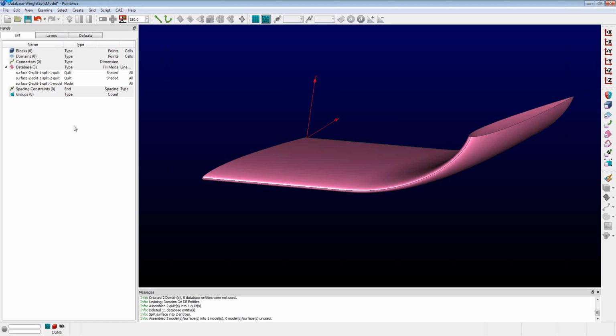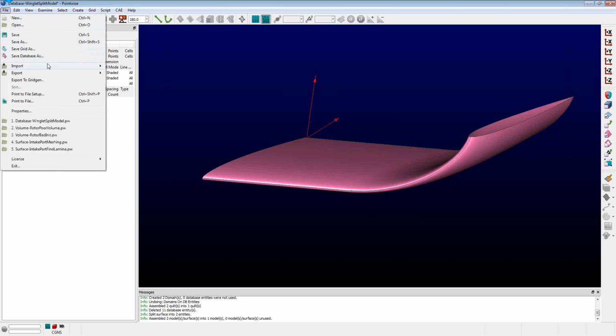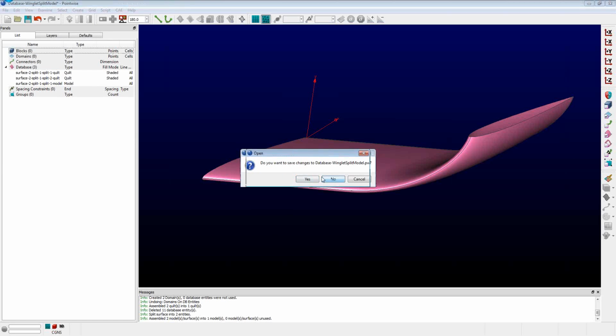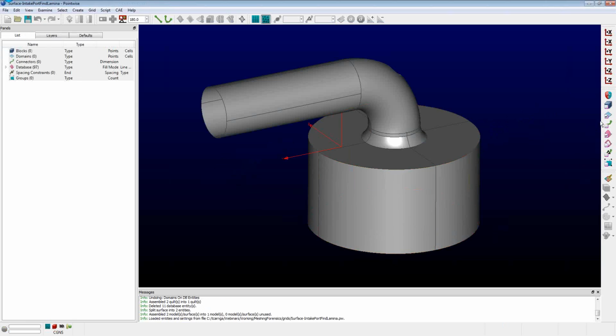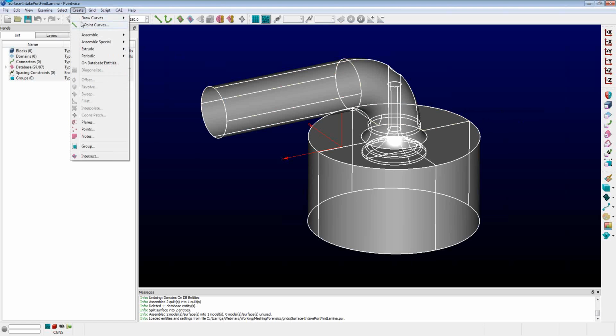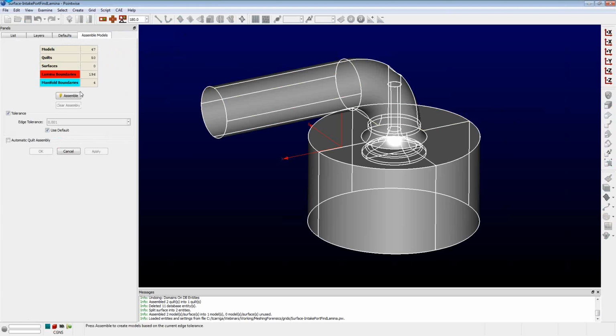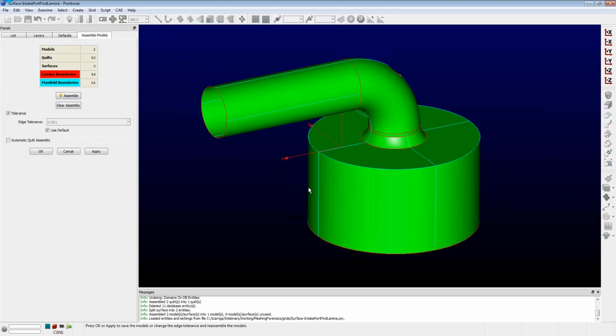Okay, so with that, we'll move on to the next part. So we're going to move more towards the surface meshing. Okay, so in this example, I'm going to finish assembling the solid model before actually doing the surface meshing. So I'm going to grab the model, go Create, Assemble Models, click Assemble in the toolbar, and you'll notice what